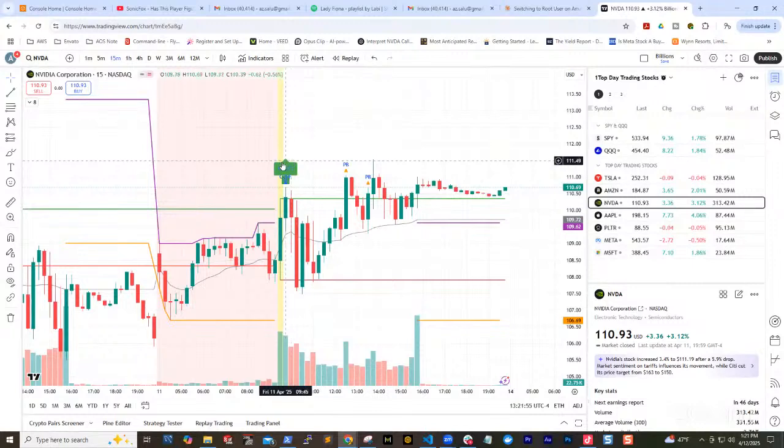But as soon as I bought it here, after this, I put my stop loss. So when it went up here, I think I bought it up here. Then I put my stop loss. But this one, I lost a lot of money because I waited a little bit. And when it started to come down on this line, I sold it. But then I lost maybe like $100 or $200 or something like that.